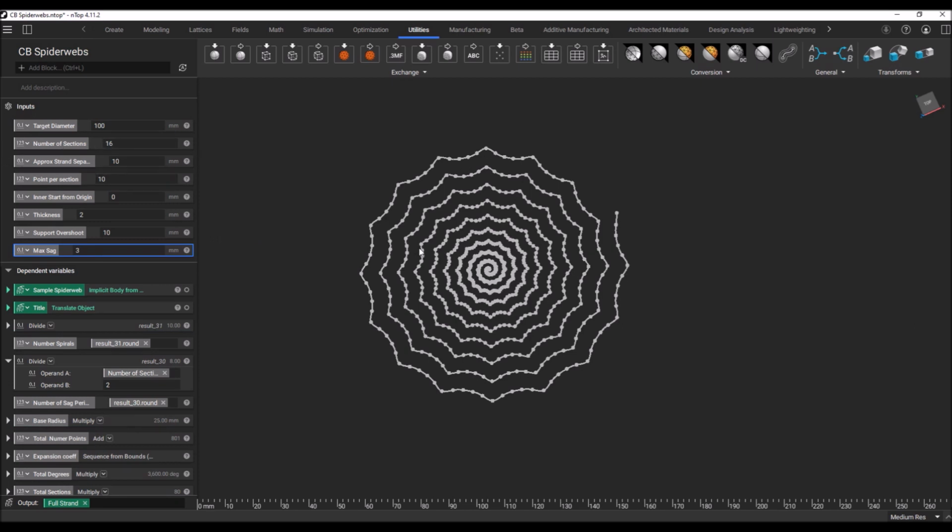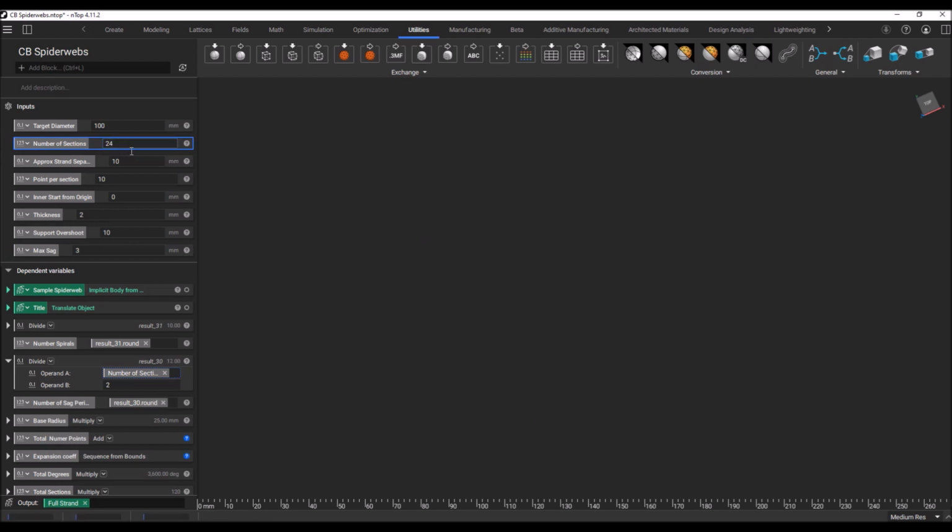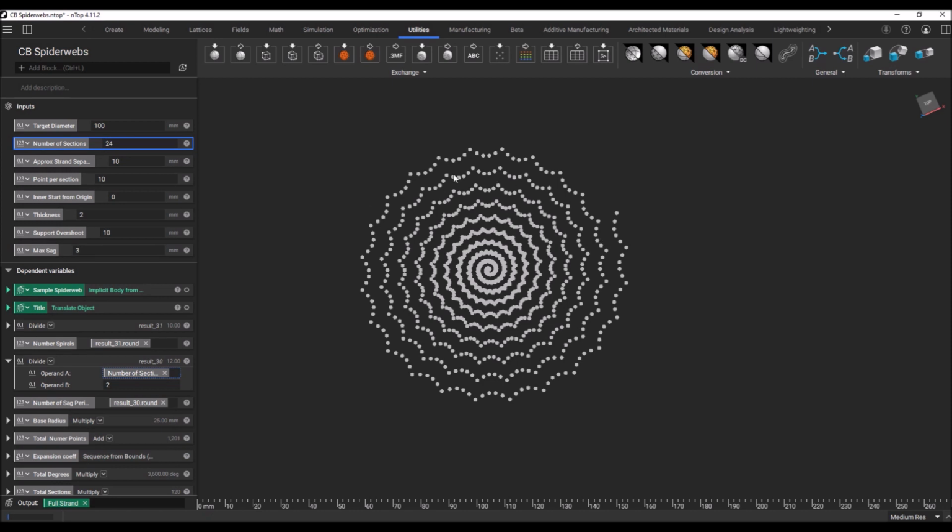So this is 16. You can see the little scallops. There's 16 of those. Let's just try changing that variable and see what happens. Let's put that right up to 24. So we're going to have a lot more sections. It's going to be a bit tighter. So there you can see just from the points, all these little scallops coming quite close together,